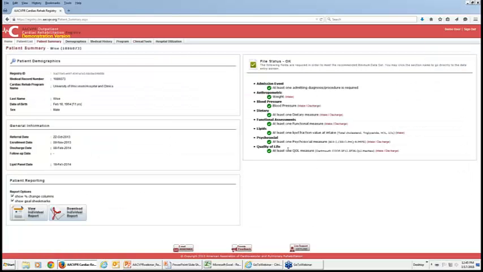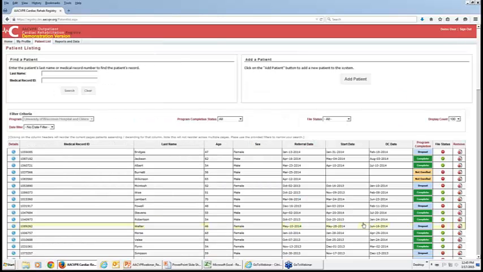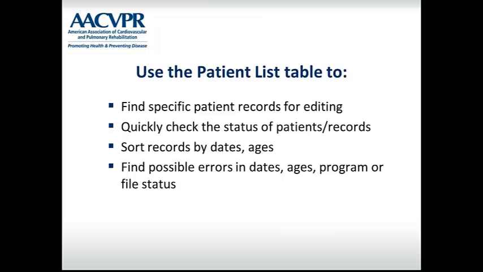We now have all green checks, so we're good to go there. Go back to the patient list, and this was WISE, so now we have a green check there. So again, those are some easy ways of using the patient list to check for data accuracy and completeness.